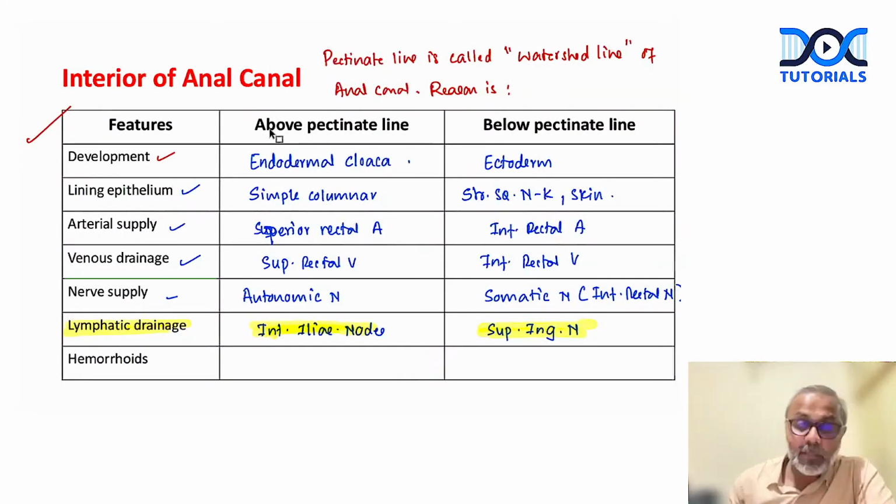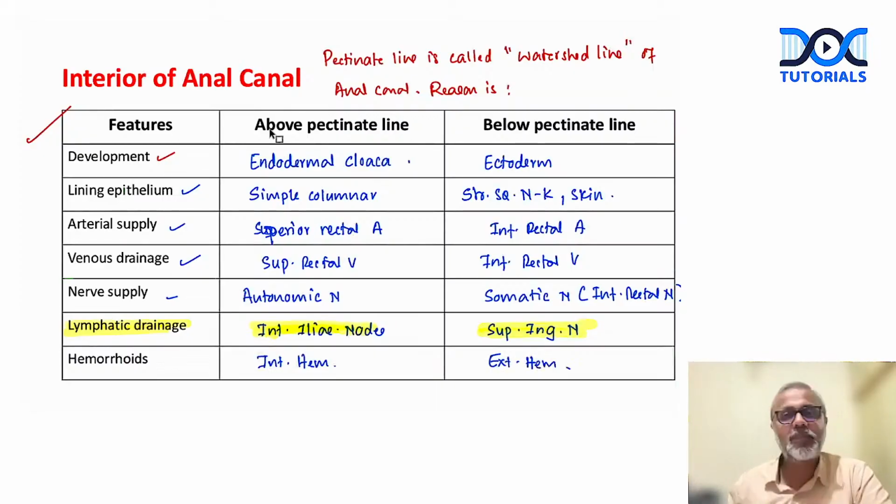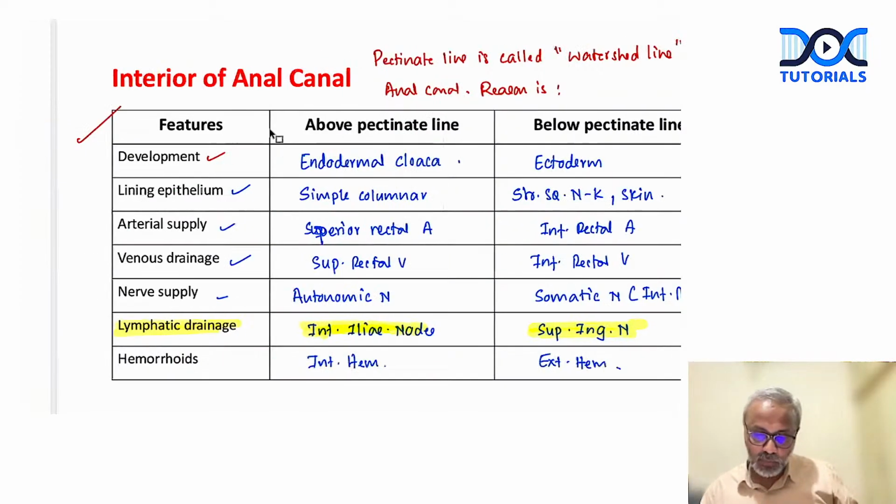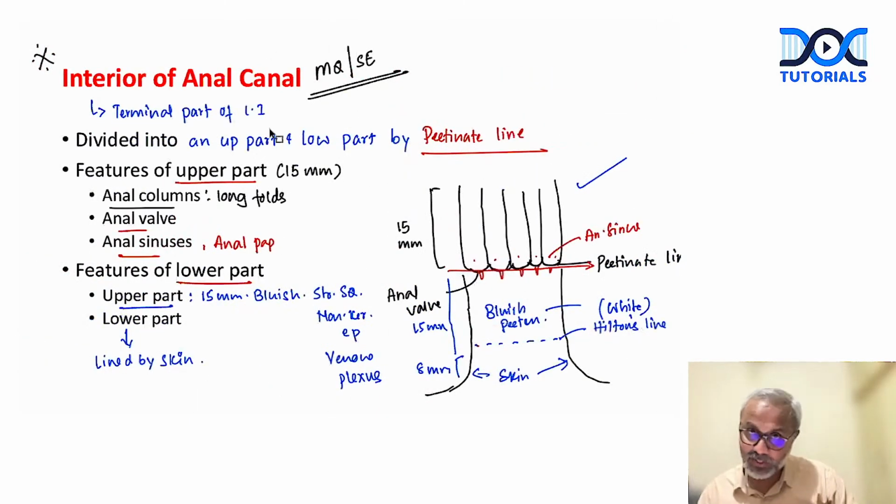Then, what about hemorrhoids? Hemorrhoids that occur above the pectinate line are called as internal hemorrhoids. Outside or below the pectinate line, we call it as external hemorrhoids. Right? So this is how you start describing it. Draw a diagram, and then this is how,